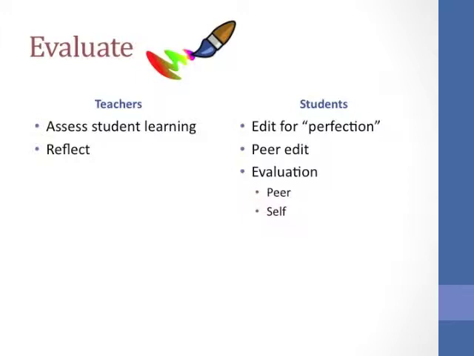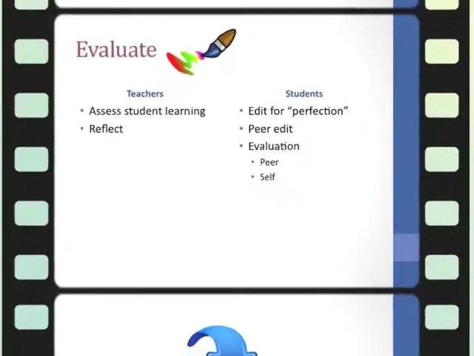The last step of the DDDE model is evaluate. And this is where, as a teacher, you are assessing student learning. As a teacher, you're thinking about, okay, how well did this go? Did it go the way that I was hoping? What changes would I make in the future? Students at this point are editing their final projects. They're perhaps doing some peer editing, and they're also looking at some self or peer evaluation in terms of the